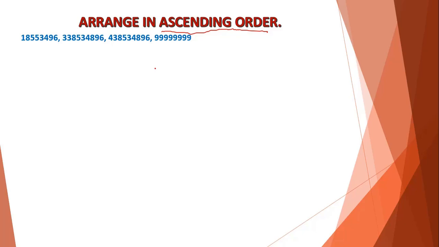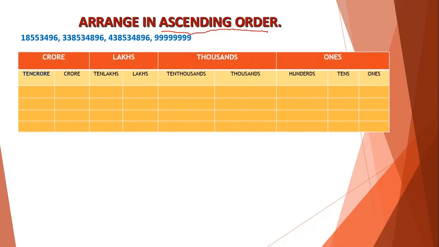So here we are going to use one trick, which is the easiest way to find the smallest number from the set of given numbers, and it is very easy to compare the numbers also. To find the smallest to biggest number, the first thing is we need to draw the place value chart, and here we are going to use the Indian place value chart. As we discussed in the previous videos, it comes with ones period, thousands period, lakhs period and crores.